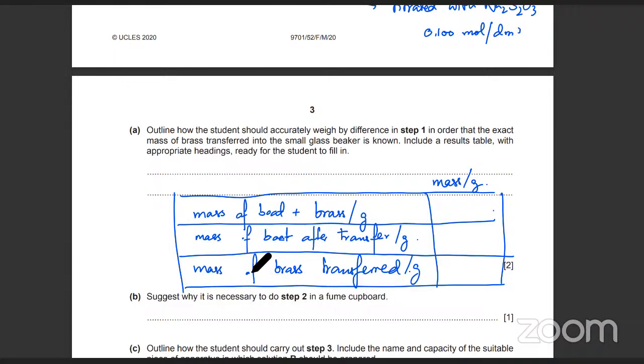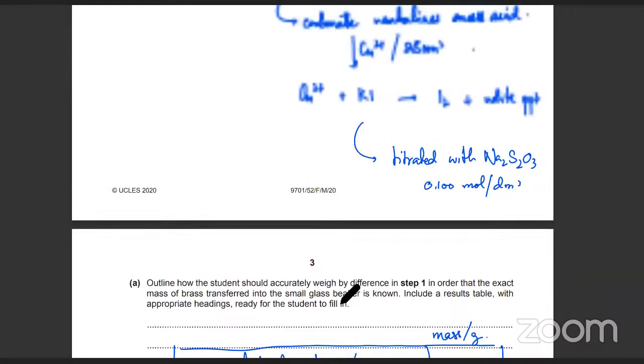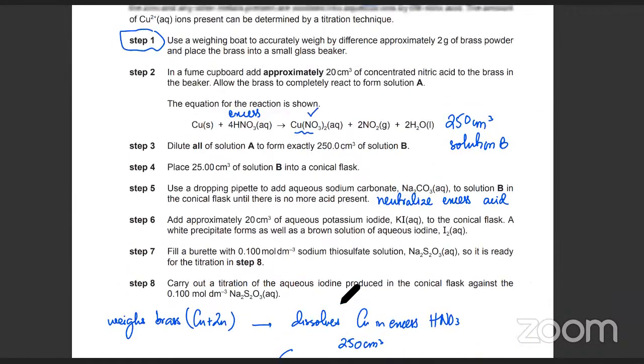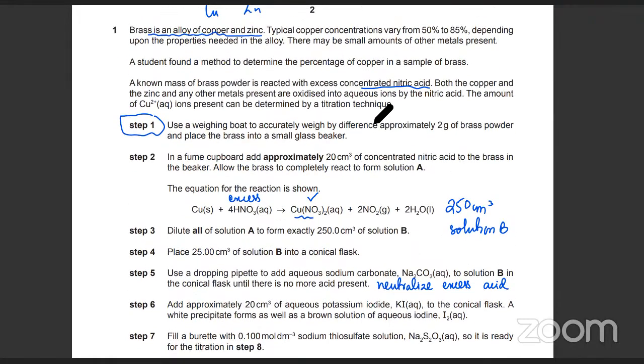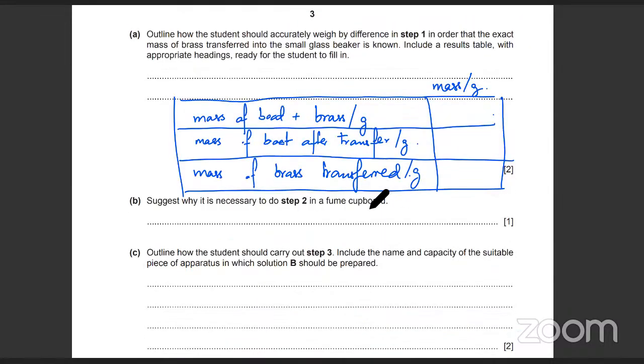Now suggest why it is necessary to do step 2 in a fume cupboard. The reason you do step number 2 in a fume cupboard is that one of the gases produced in step number 2, when you added nitric acid to copper from the brass, is NO2 gas, and NO2 gas is a toxic poisonous gas. Maybe they did mention this in the question. Probably not, but remember NO2 is a toxic poisonous gas. It's a brown gas